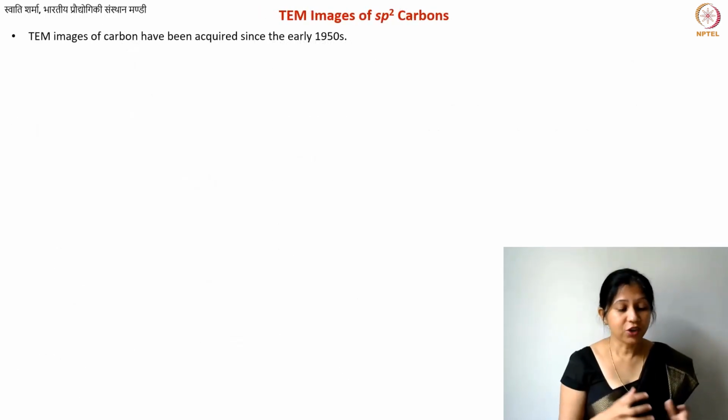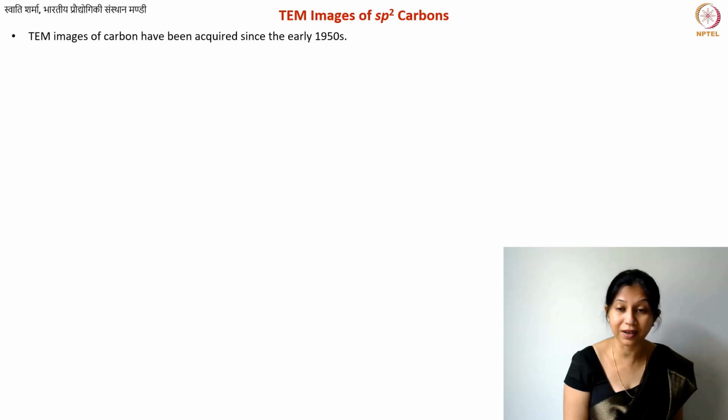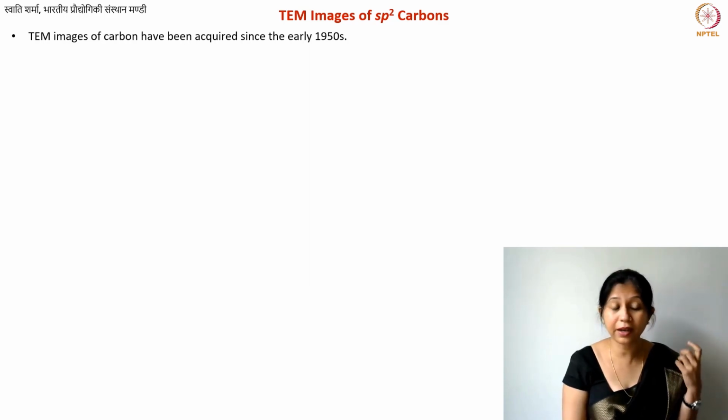Okay, so transmission electron microscopy has been used to image carbons for a very long time, since the 1950s. In fact, when we were learning about carbon nanotubes, I showed you an image of these hollow carbon filaments or carbon tubes that were observed in 1952, and those were TEM images. So TEM itself has a long history. Electrons were used for imaging purposes as far back as the 1930s. So in 1931 we had the first TEM setup. But of course then there were various modifications, and now it has become a more common technique.